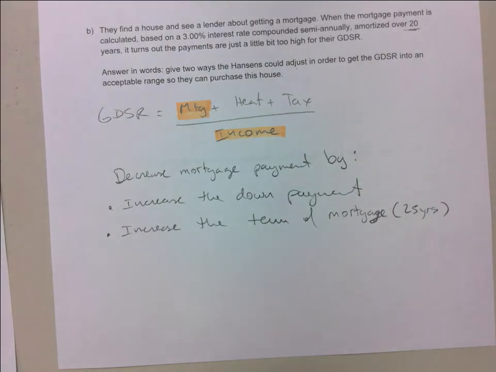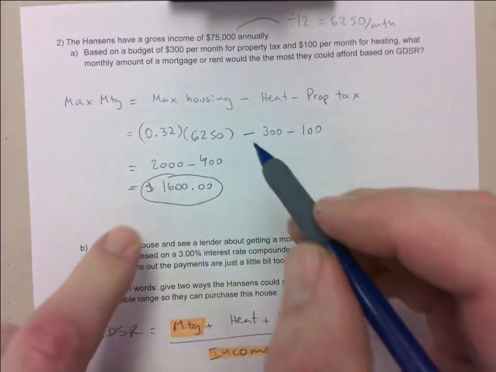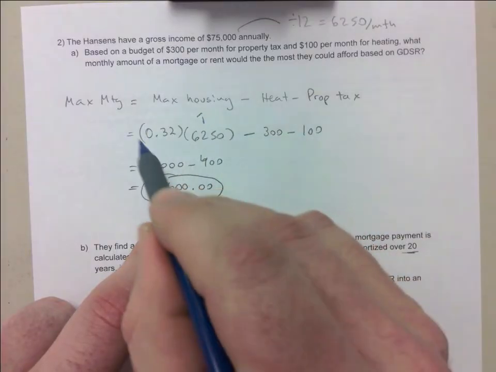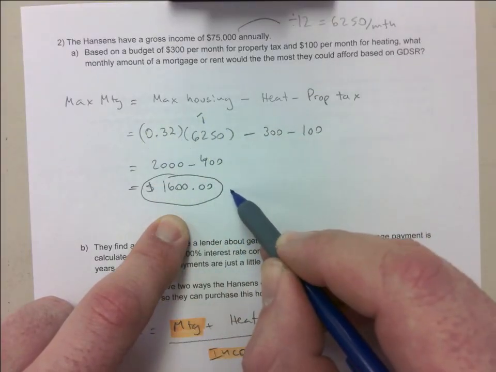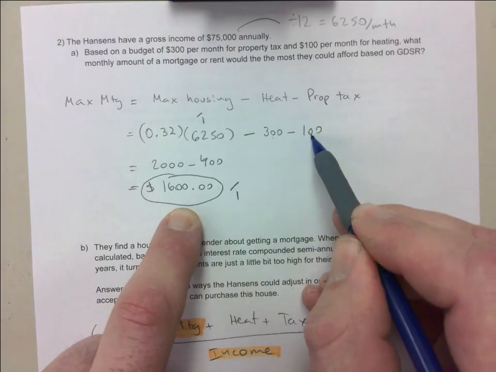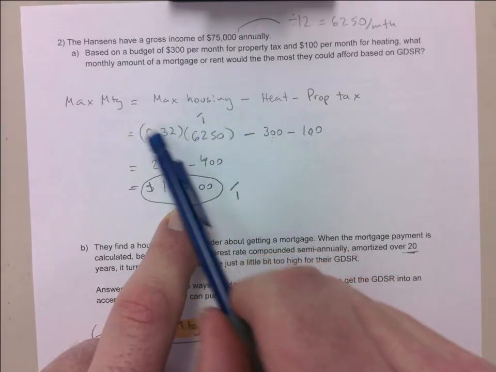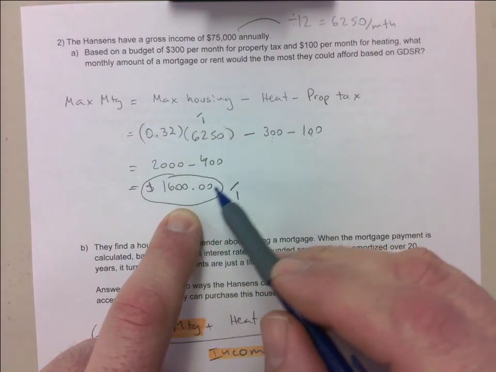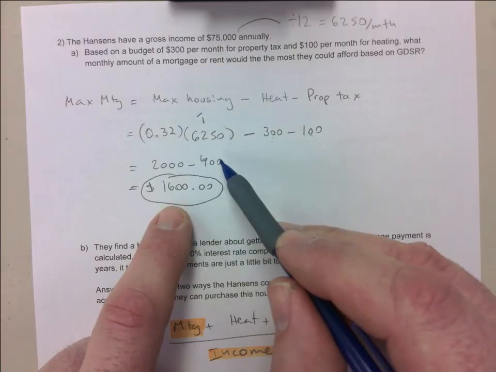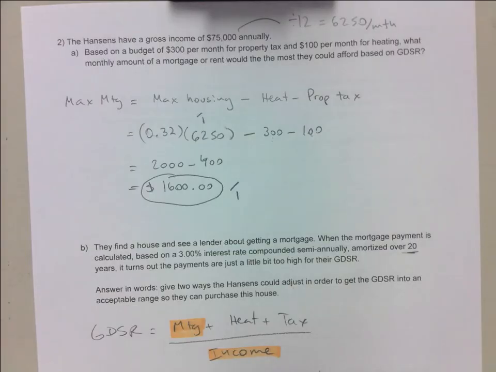Yeah, so this page is worth 2 marks. So I'm gonna take you back up here. I will give you 1 mark for figuring out the maximum housing and 1 mark for figuring out the maximum mortgage, which means you have to subtract the heating and the property taxes. So 1 mark for maximum housing. If I see 2,000, you get a mark already. And then another mark for subtracting those extra costs. Yes? Did you get 1,600? Then that's fine. Yeah, absolutely. I don't really care